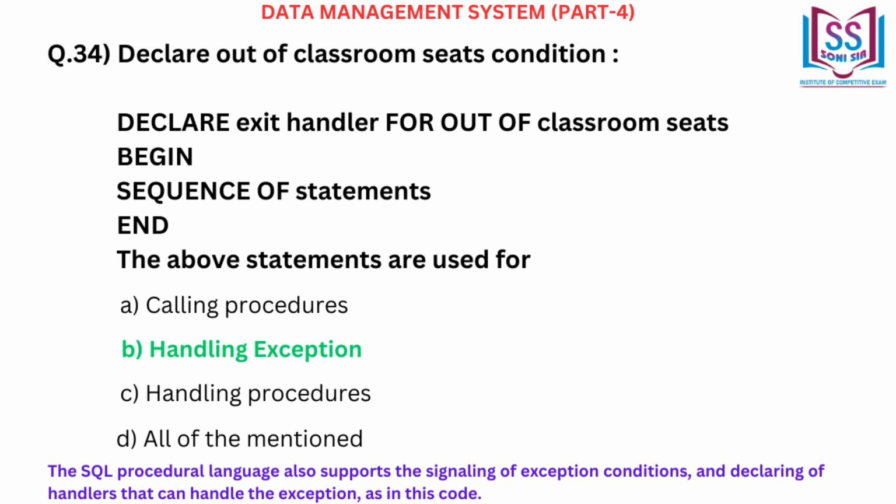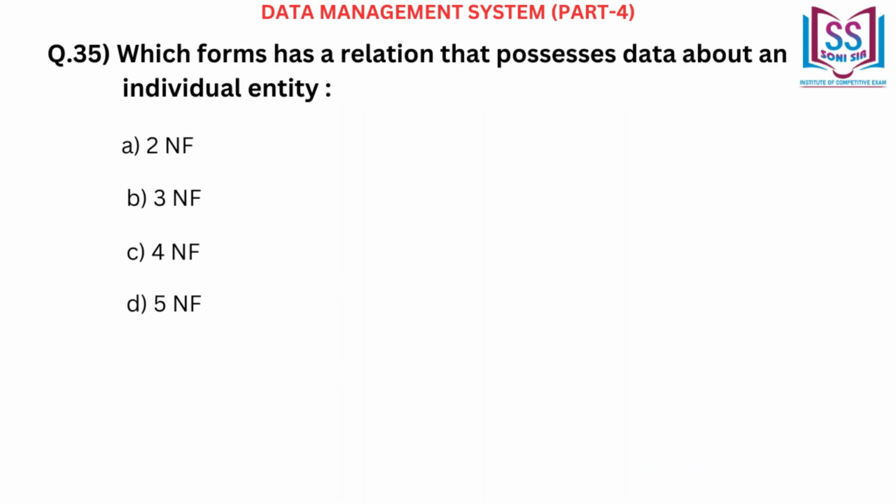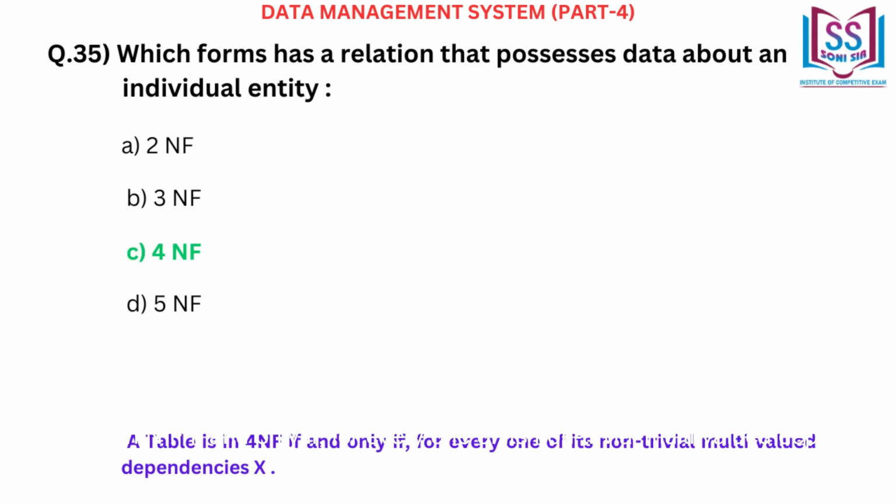as in this code. Which form has a relation that possesses data about an individual entity? A. Second NF. B. Third NF. C. Fourth NF. D. Fifth NF. Correct answer C. Fourth NF. A table is in fourth NF if and only if, for every one of its non-trivial multi-valued dependencies X,